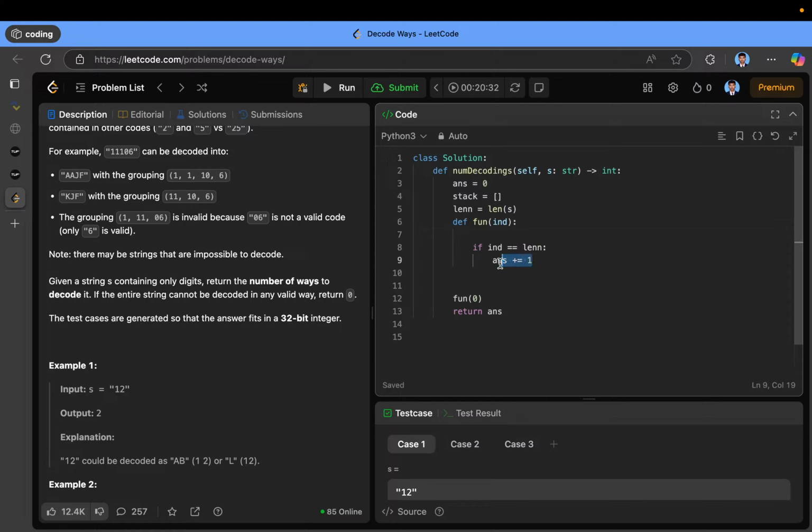I should return 1 now. If index is equal to length, return 1, else